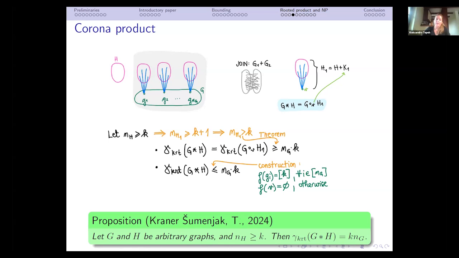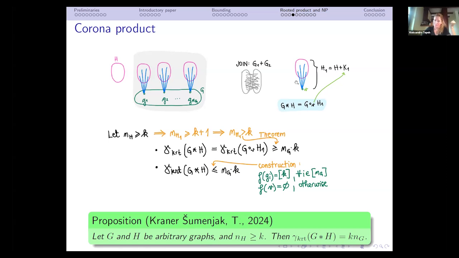Yeah, and this pink balloon with these blue edges, this graph can be considered as the join of the graph in this pink part and this vertex v. What is the join? We just take disjoint graphs, and we put between them every possible edge.